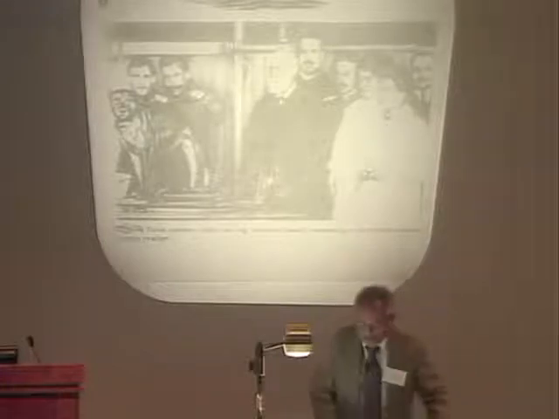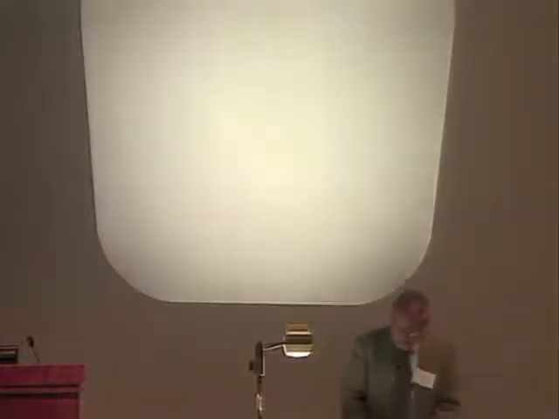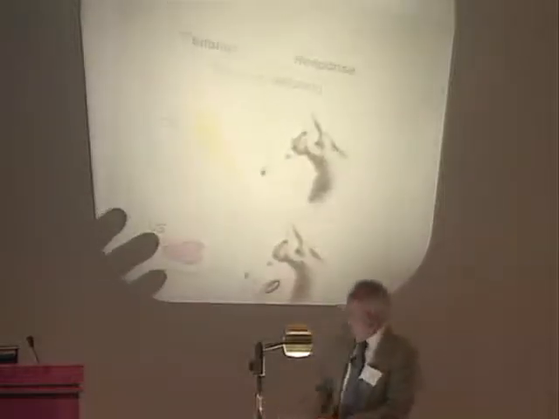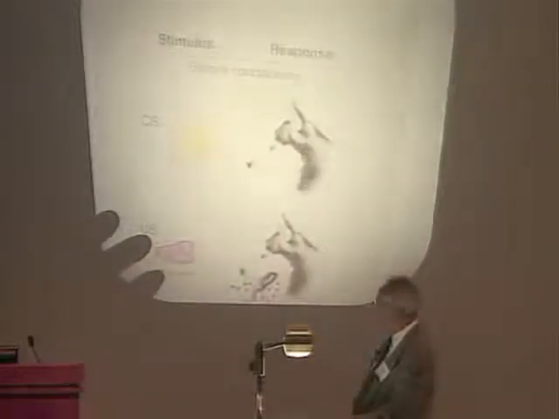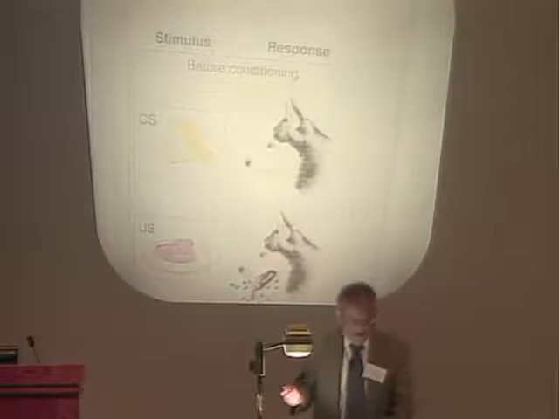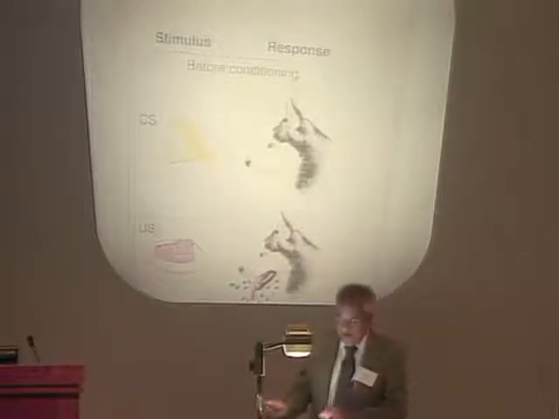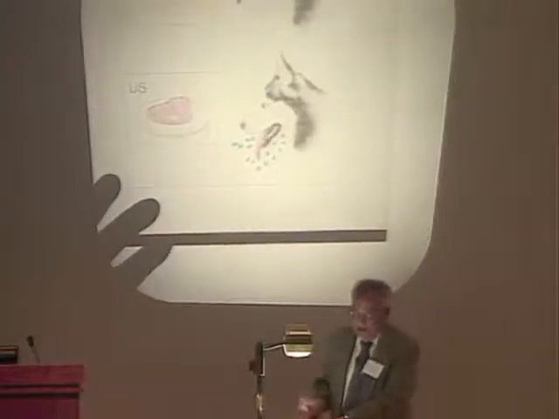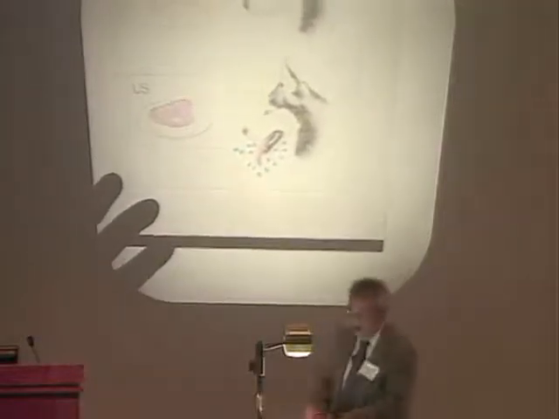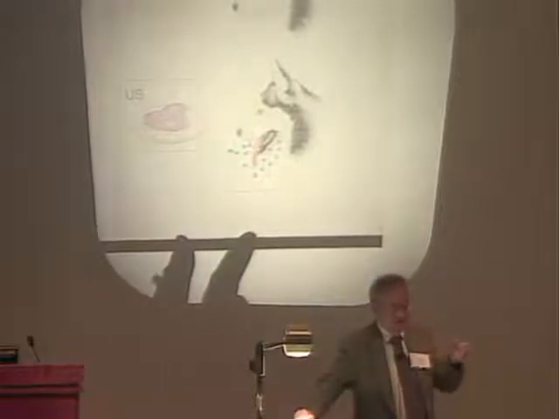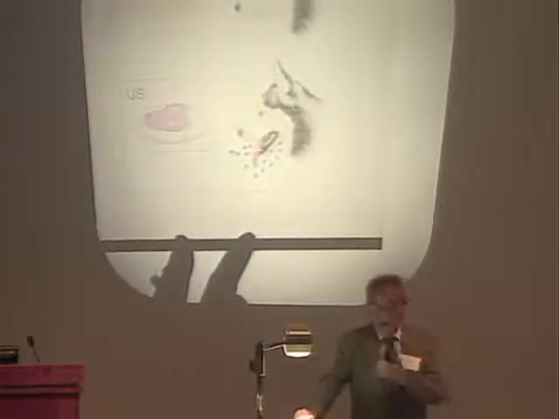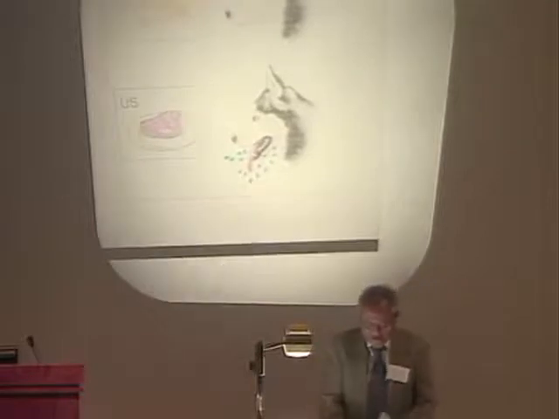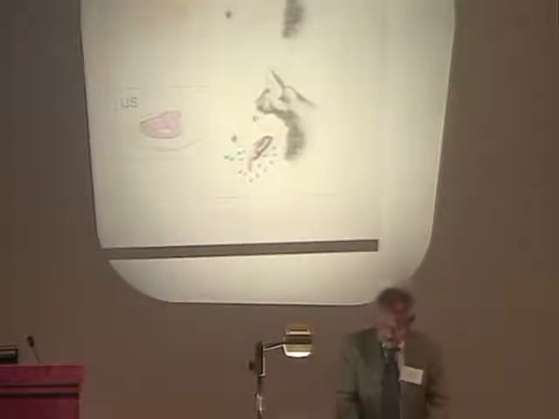Pavlov is famous for this experiment that most of you, I'm sure, have read about. He would have a dog, and he would ring a bell, of course, and the dog doesn't care about bells, so it didn't behave strangely. But if you give him a steak, the dog would salivate. That's because, biologically, evolution did so because the dog needs the enzyme to digest the meat, okay? And so why should the dog be interested in the bell?